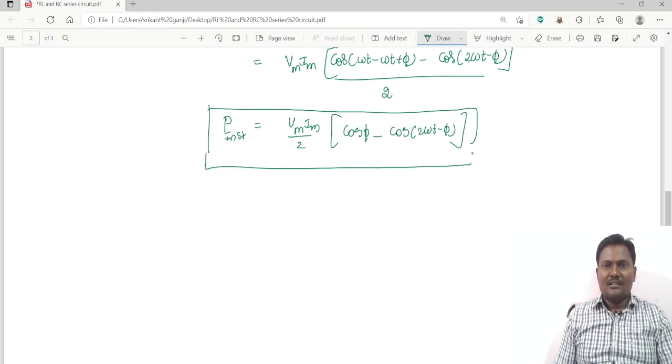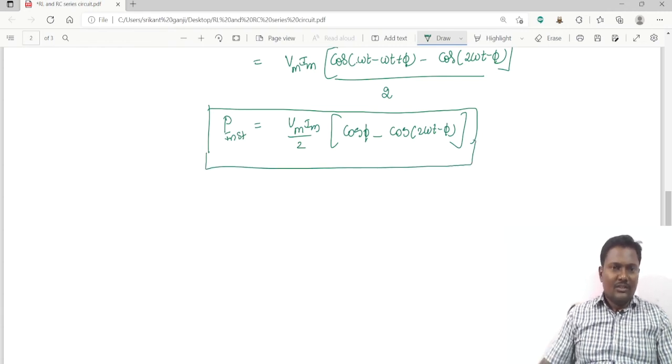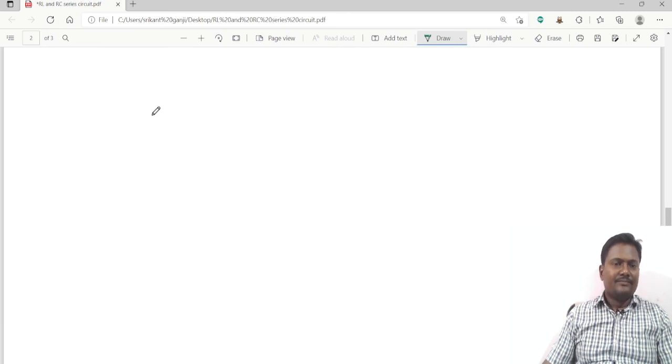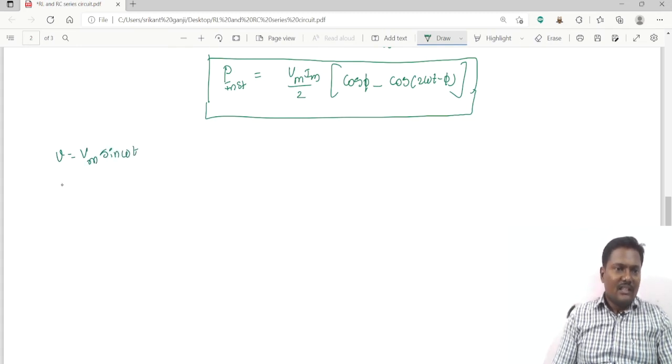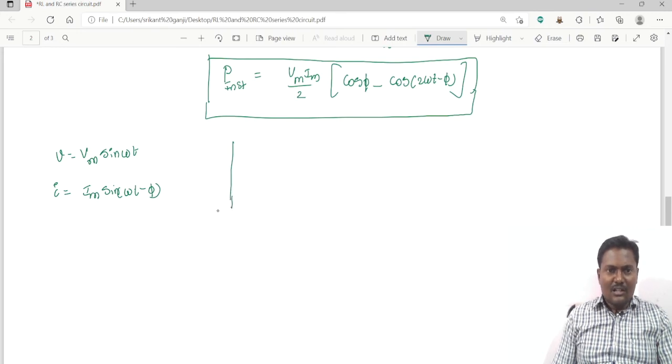Instantaneous power. If I am applying voltage and current, the instantaneous values of the voltage and current give me the instantaneous power. So v is equal to Vm sin omega t and i is equal to Im sin of omega t minus phi. If you want to draw the waveforms